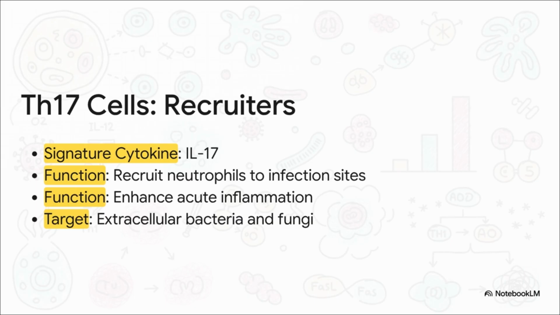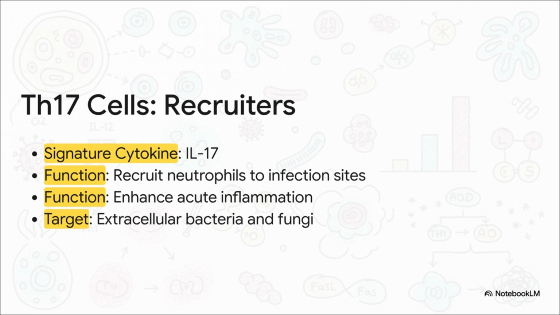And neutrophils are the foot soldiers of the immune system, great at clearing out bacteria and fungi. But there's a dark side. All that inflammation can cause a lot of collateral damage. In autoimmune diseases like rheumatoid arthritis, it's rogue Th17 cells that keep calling neutrophils into the joints, causing the chronic